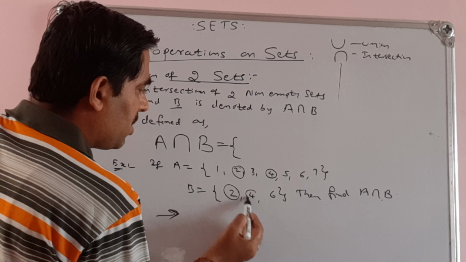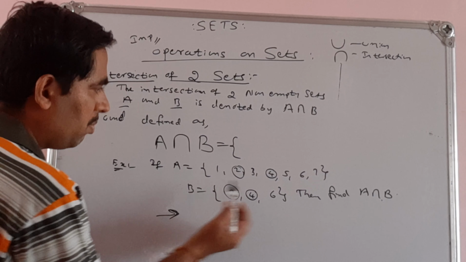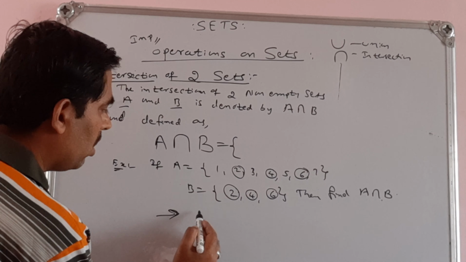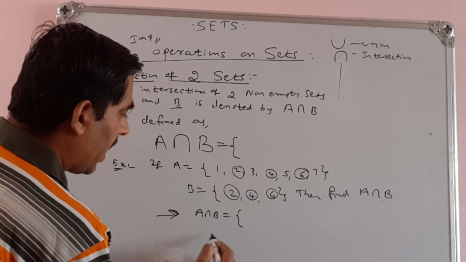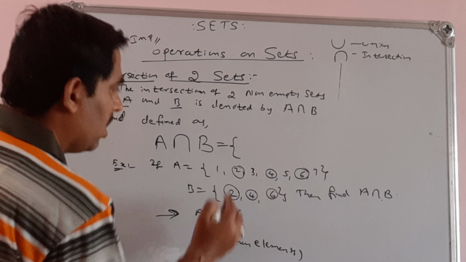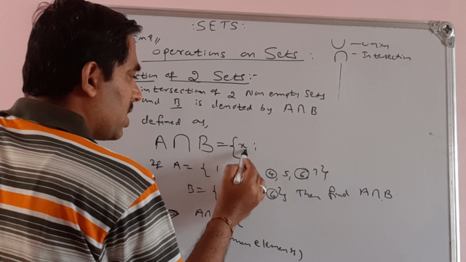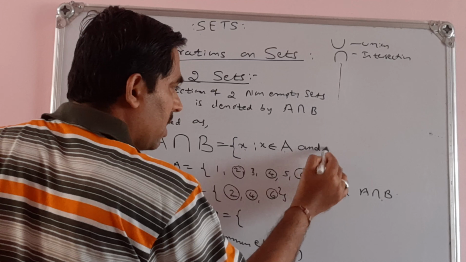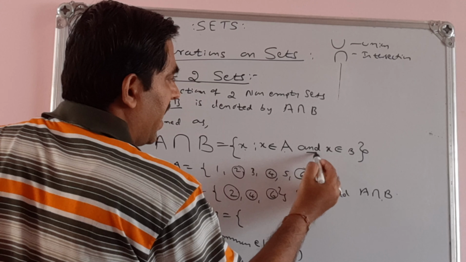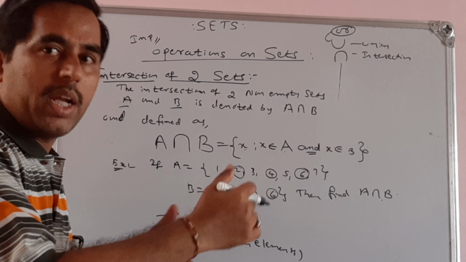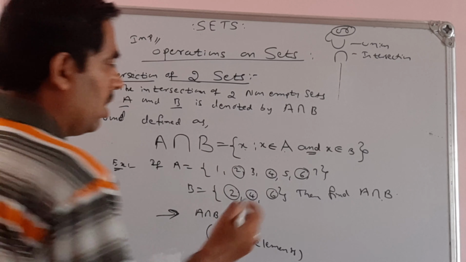Then we go for the other element. See, 4 belongs to A and also 4 belongs to B. Then what is the other element? See, 6 belongs to A and 6 belongs to B. So A intersection B means writing the common elements. Whatever elements we write should be present both in the first set and the second set. For union we used the condition that it should be in one of the sets, but here it is not like that. For intersection, it should be present in both A and B.